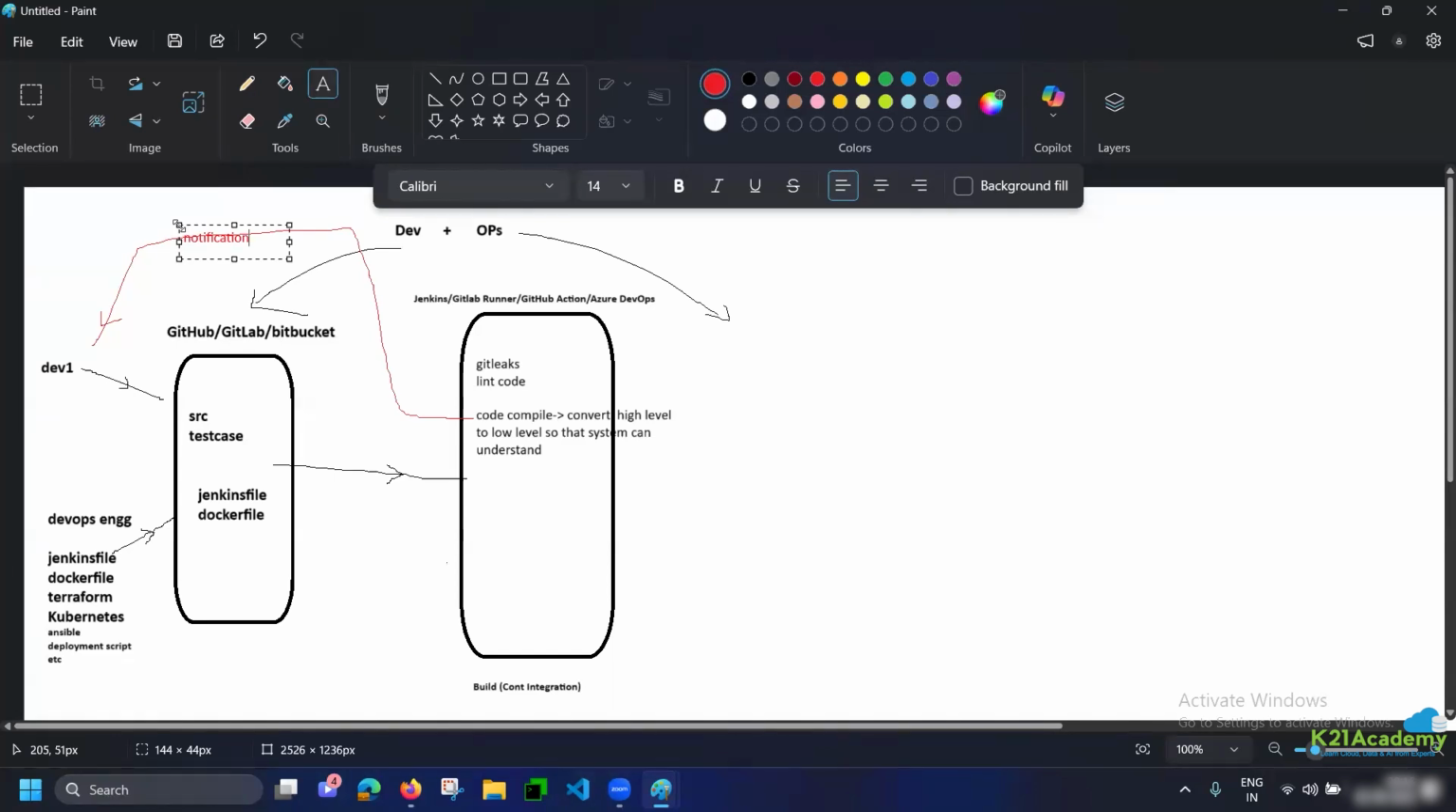This is what you have to create as a DevOps engineer. When we create the CI/CD pipeline in our upcoming lectures, I'll show you how these notifications can be enabled. Then, once my code is compiled, I can